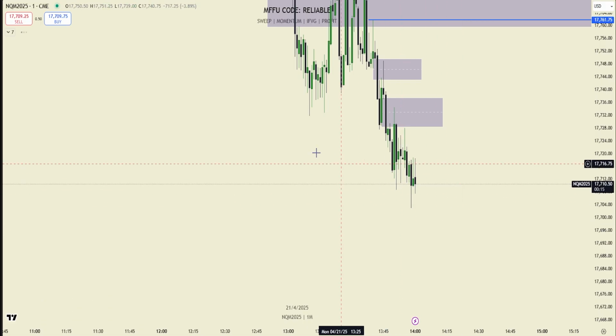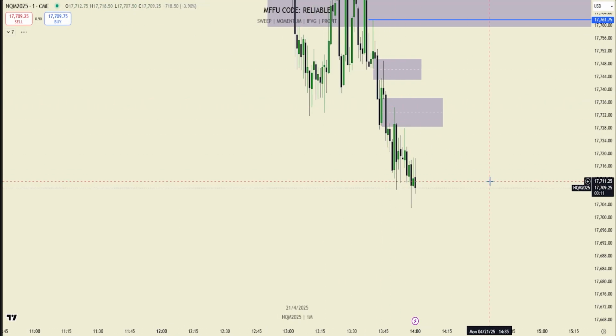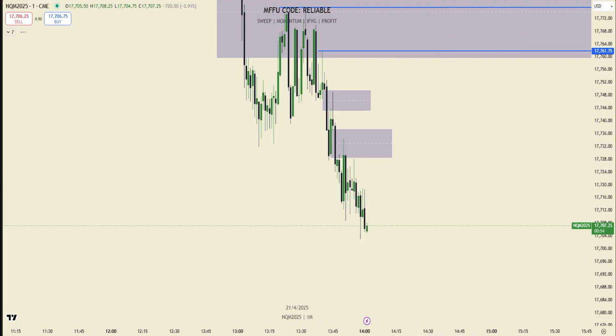30-second long here with good break even, but momentum is trash. Yeah, momentum does suck. I just wouldn't take anything until this 1 minute gets inversed, guys. No reason to overcomplicate this. Just kind of seems like a bearish trend day with a slow grind down, and then maybe we get a long at like 250 or something.